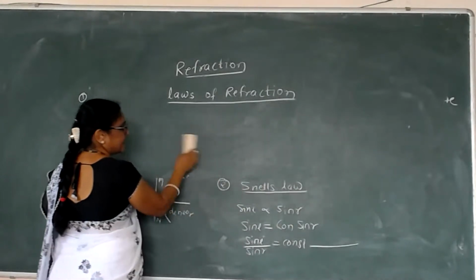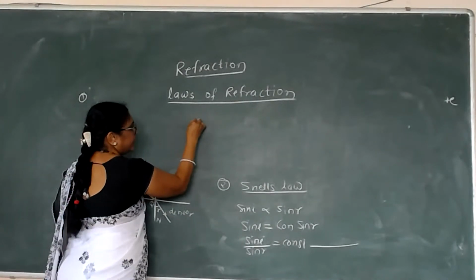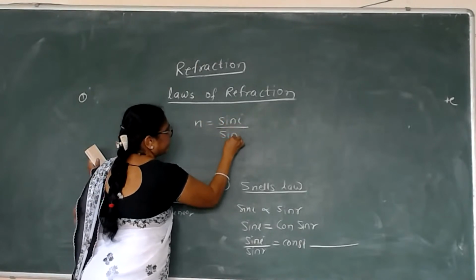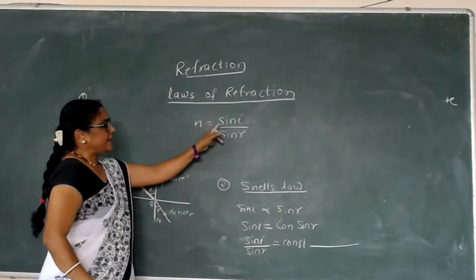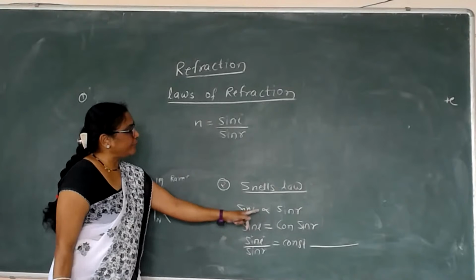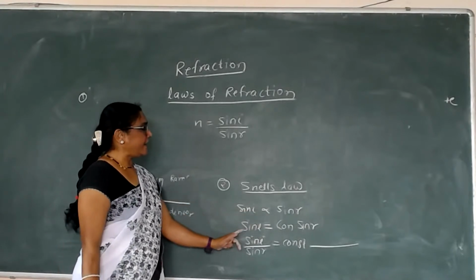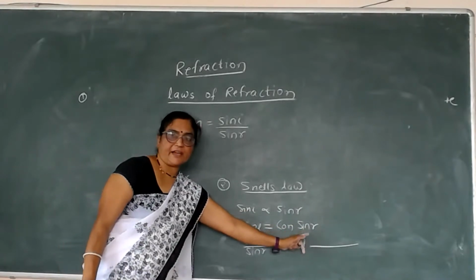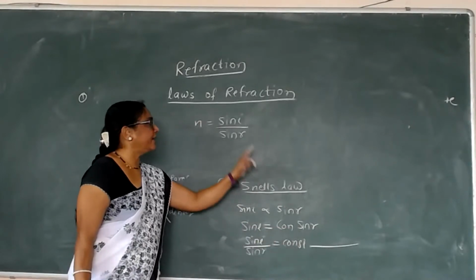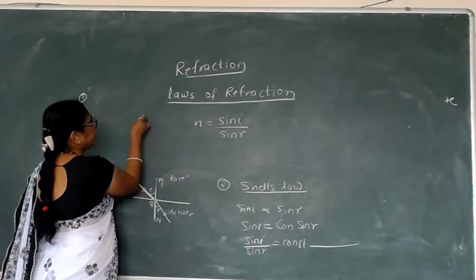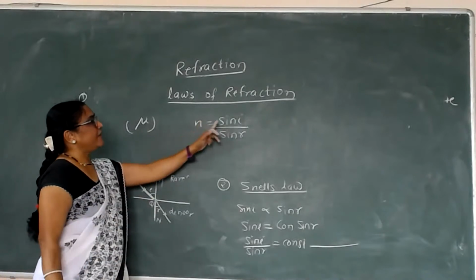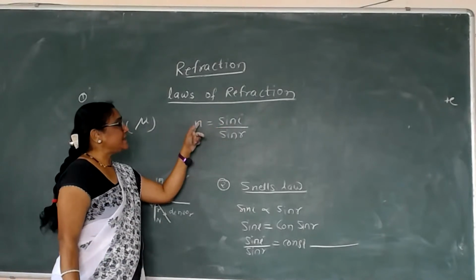So according to Snell's law, n is equal to sine I divided by sine R. Sine I is directly proportional to sine R, therefore we remove the proportionality sign. Sine I is equal to constant into sine R. If we consider the constant in this chapter, it is denoted by the letter n, or also by the letter mu. Therefore, n is equal to sine I by sine R, and this n is known as the